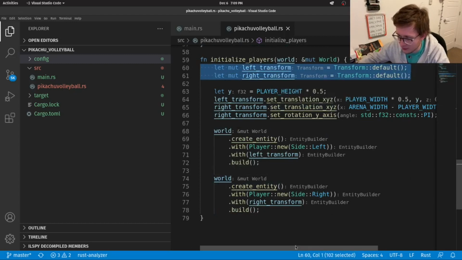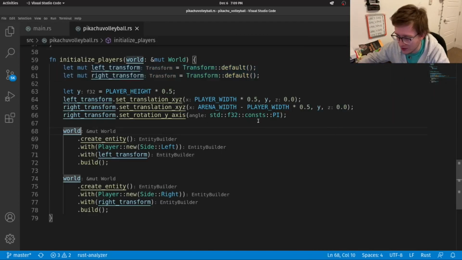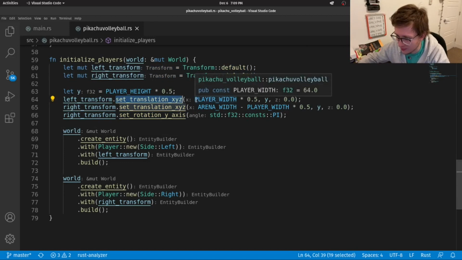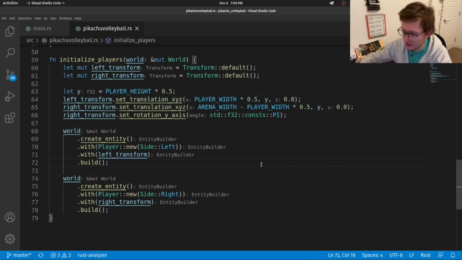And for the transforms, we're setting them up in here. So we set the translation Y to be 1 at the left, of course using the player width as sort of the starting point, because we don't want to cut the sprite in the middle.